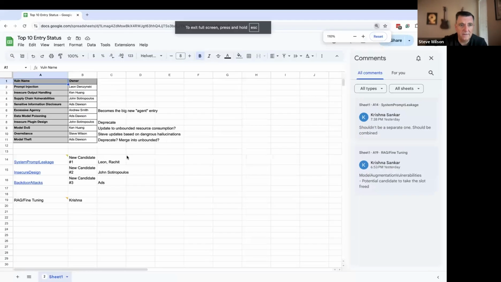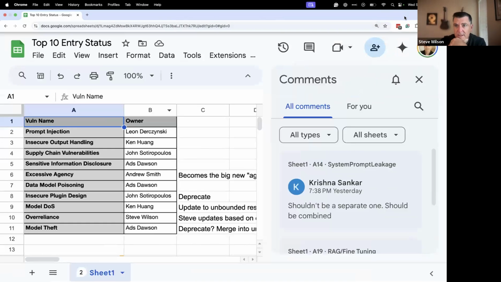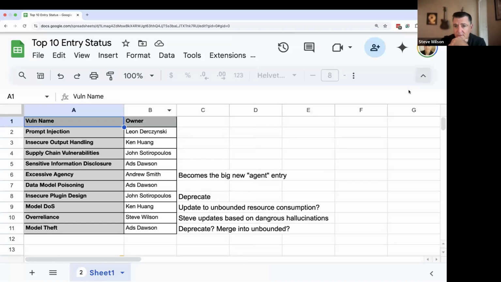Blow this up a bit. So I'm going to review this quickly, and then I think given who's missing from the meeting today, we're not going to close on this. Oh, because I do see several people who I wanted to check in with. So we have the existing top 10. There's been a lot of discussion around some of these, some of it very, very disciplined and documented, things like the agent and plugin discussion. I see that Andy's here, so I'm hoping he can comment on that.